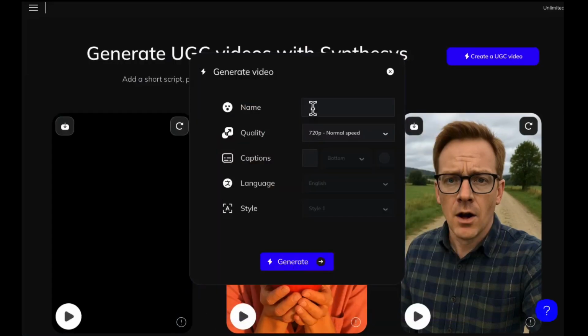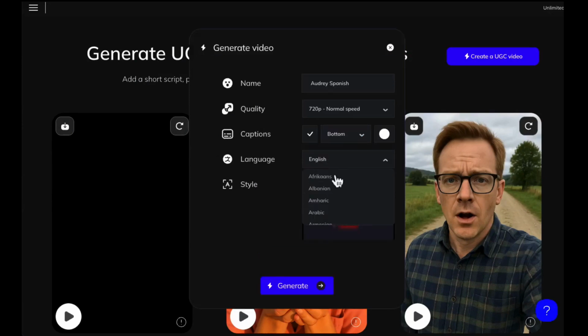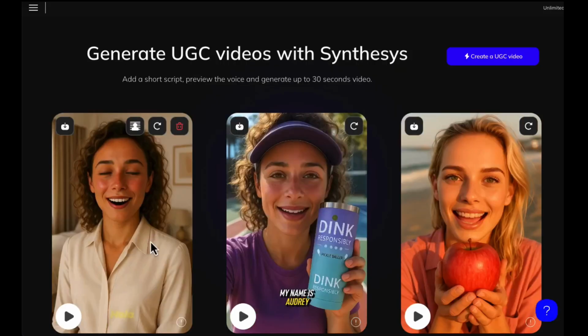In this case, we now are asking for Audrey Spanish, 720p. For the sake of speed, I'm not going to add the captions this time, but if we did, you could see we could just ask for Spanish right here. Well, why don't we try it? So we'll try that last style, or style 5, I think. Yeah, I wanted to try style 5, all yellow, and then we'll click generate. Okay, at that time it took a little less than 7 minutes,